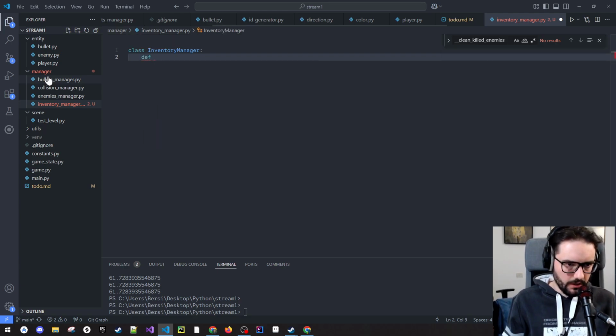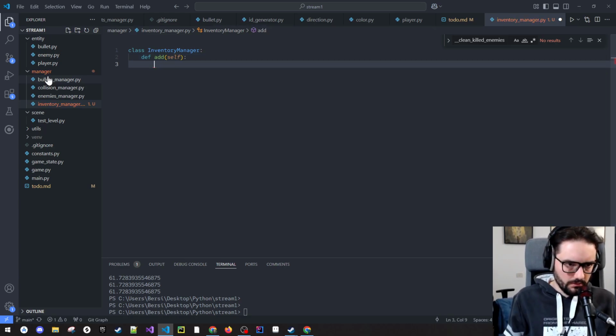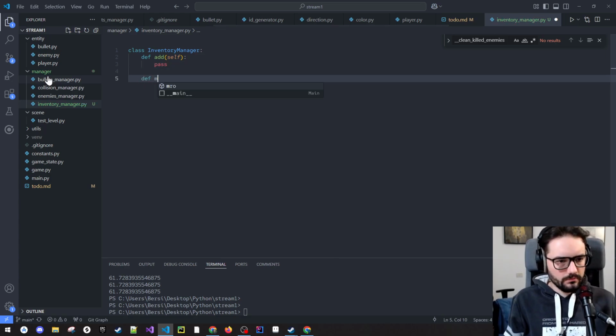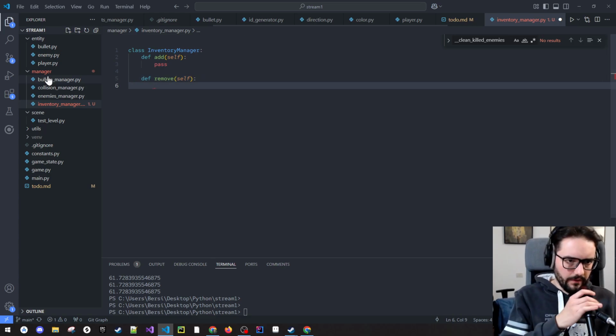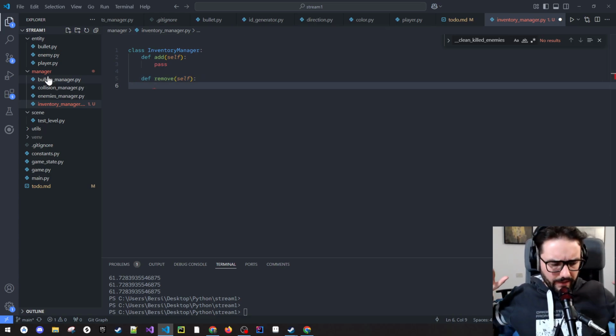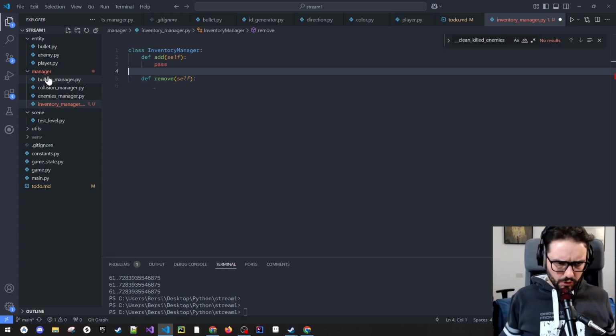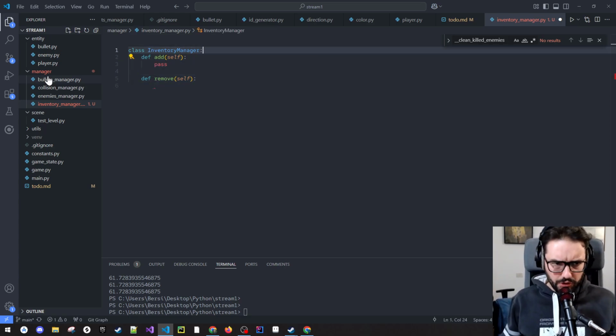Basically, I think about adding something to the inventory and removing it. By the way, the inventory manager probably will be just an abstraction over a dictionary, as always. Because a dictionary basically is an inventory